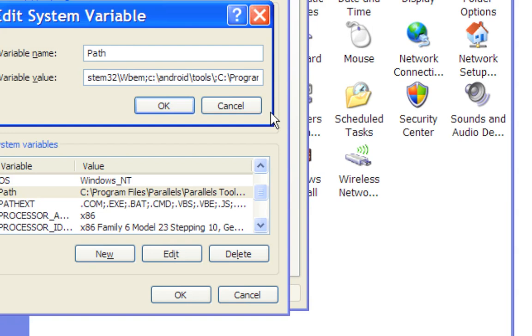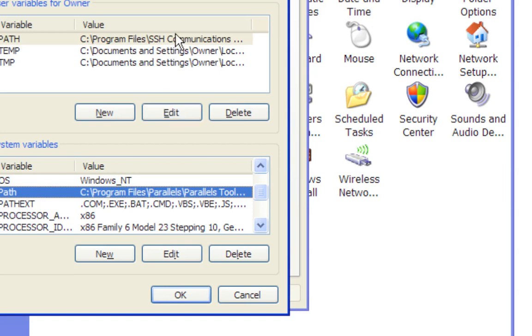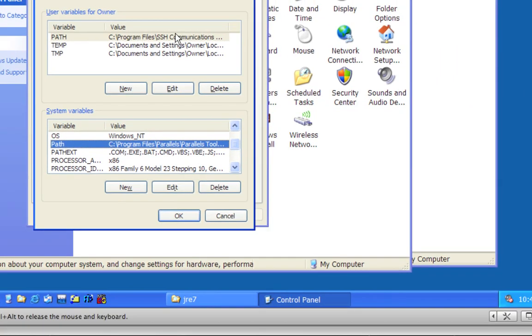If you haven't never installed it before, you don't have it in your path. If you had it previously installed on your computer, you might still have the path set correctly. But it's not a bad idea to verify it, because it might be set to an older version of Java, if you had an older version on there. I renamed the JDK directory to the JDK, so there's only going to be one variable in my path here for the JDK. Okay, so after you've verified that, press on OK, and we're going to go back here,